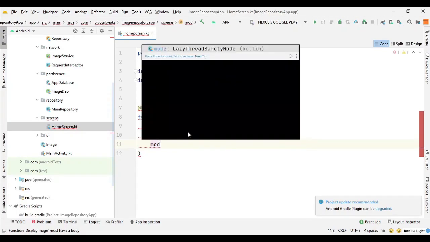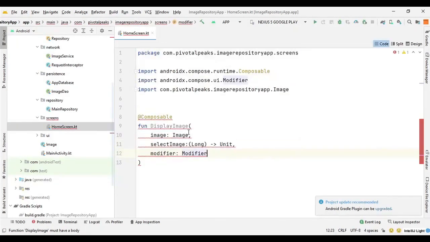Then we need a modifier. So modifier equals Modifier. I think it is the first time you are seeing the modifier. So we use modifier to decorate or add behavior to compose UI elements.